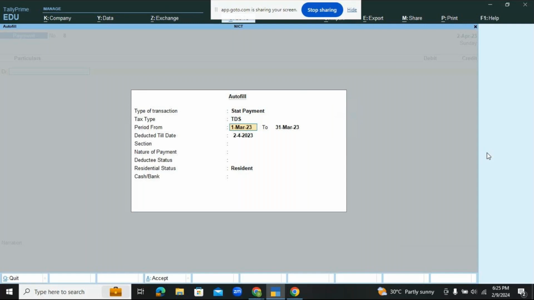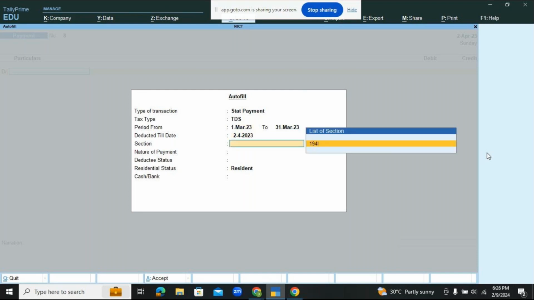Yeah. And see, if you are using the licensed version, the usual version, it will usually be for the financial year, that is 1st of April to 31st of March. But since here we are using the trial version, you have to be a bit careful. So this has to appear